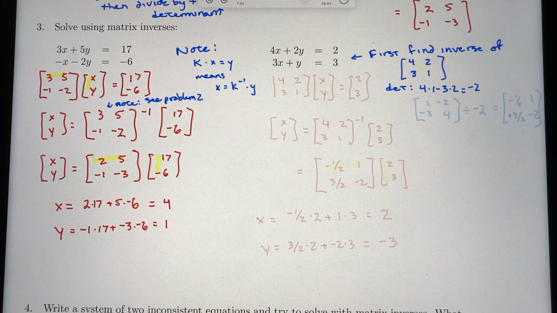So we switch the diagonals, we switch the signs on the anti-diagonals, and divide the whole thing by the determinant. And we get